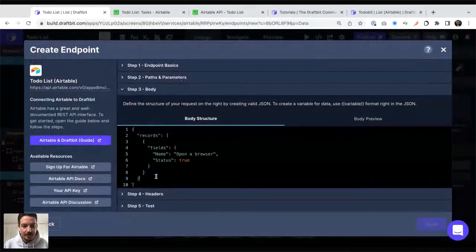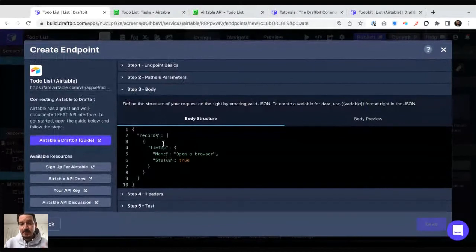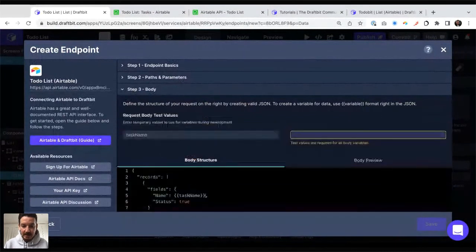Okay. Now we don't need to pass it an ID here because it's a new object. So there is no existing ID. What we are going to pass it is a name, and we're going to make it dynamic again. So task name and a status. Actually, when you create a new task, let's assume that every time it's uncompleted. You know what I mean? Most tasks you're going to create, you haven't completed them yet, right? You want to complete them. So we can make it false by default, and we're not going to override it.